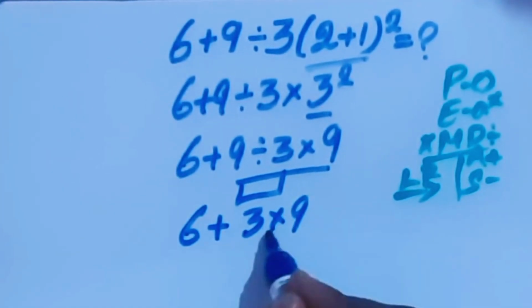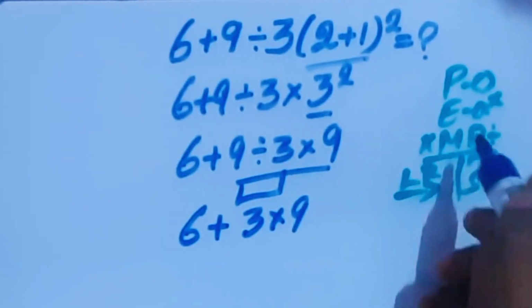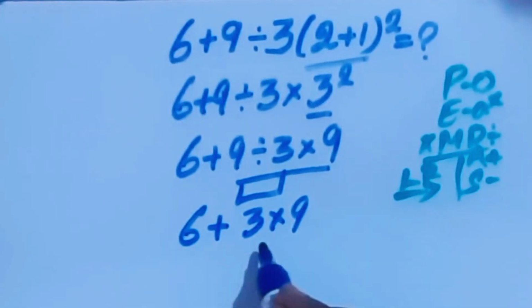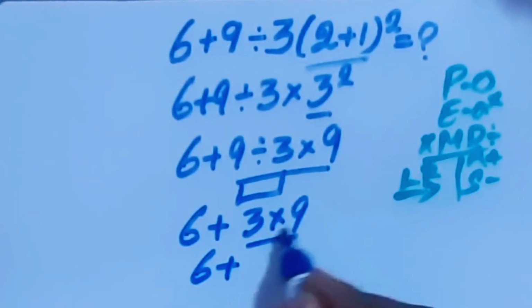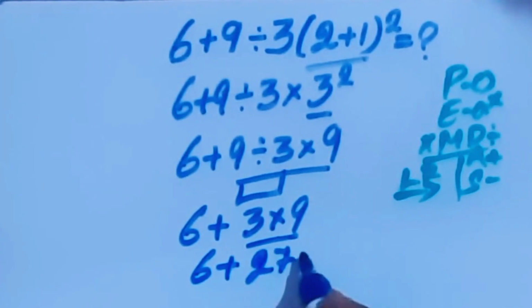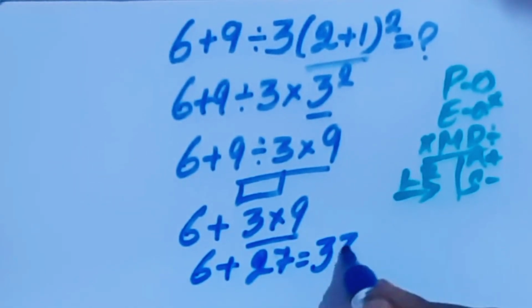Here we have addition and multiplication. Multiplication is higher priority than addition. So we have to do this multiplication before this addition. Here 6 plus, here 3 times 9 is 27. Here 6 plus 27 is 33, which is the